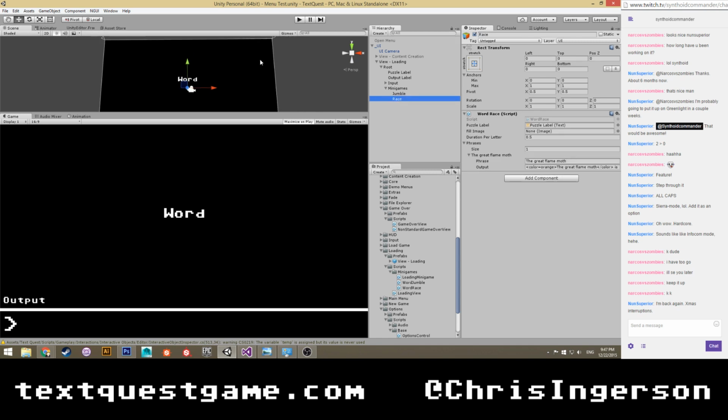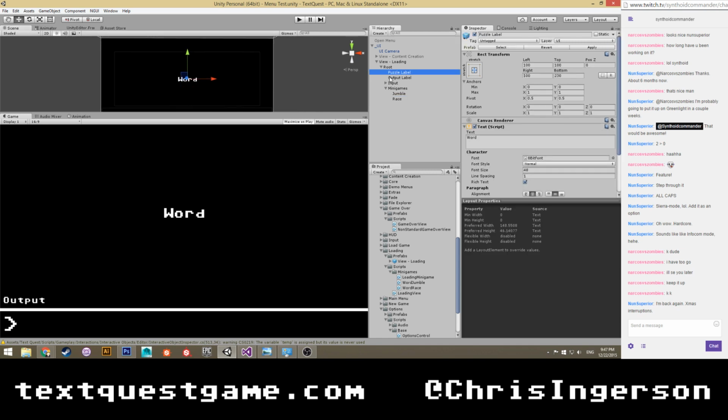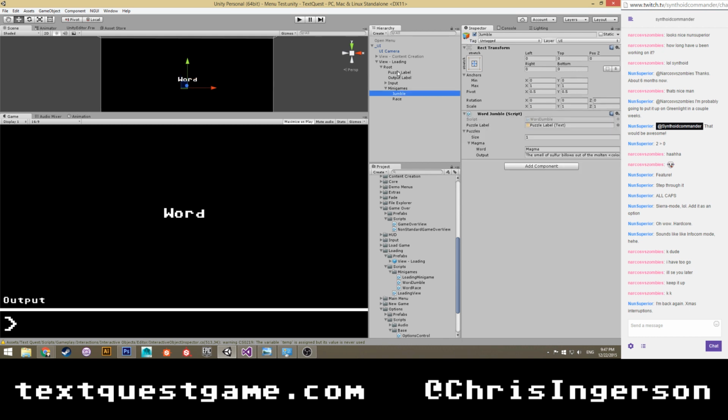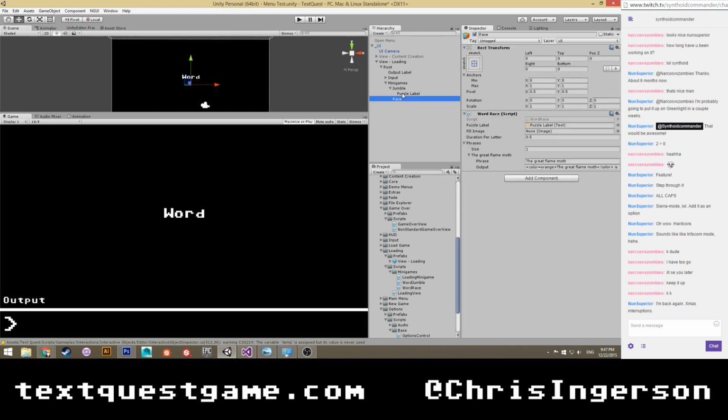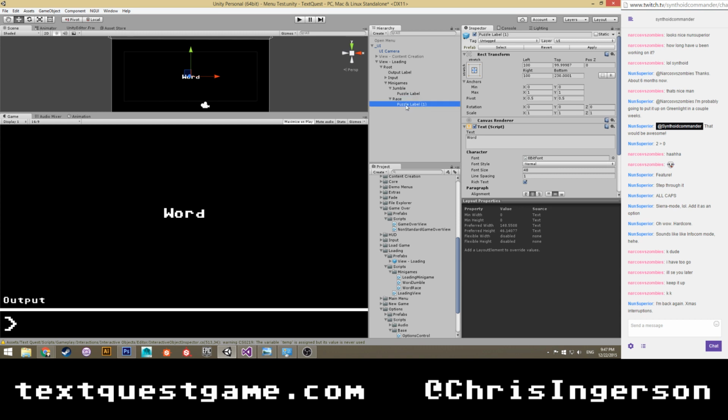You know what? I think I'm gonna make these specific labels be children of the mini games themselves. So, for example, this will go here, which is fine because that's where it needs to go. It's not gonna have to move or anything. So we'll do a similar thing here. Duplicate this, move this to here. 230. Call this puzzle label.